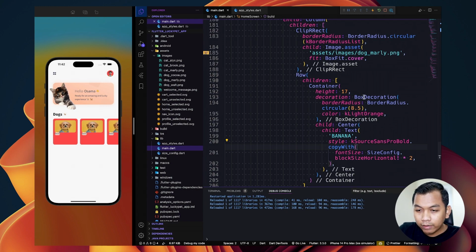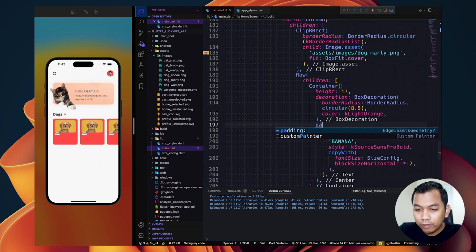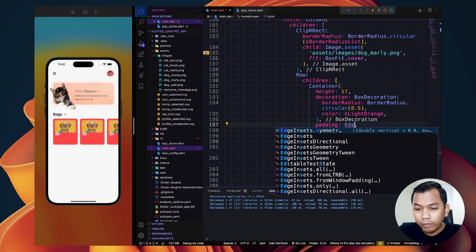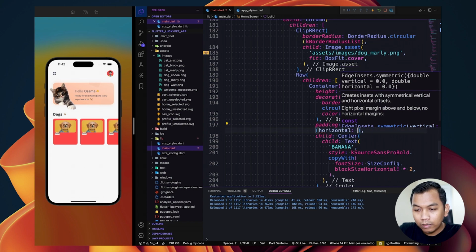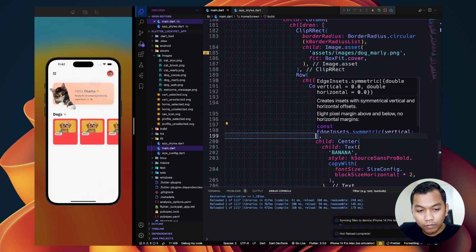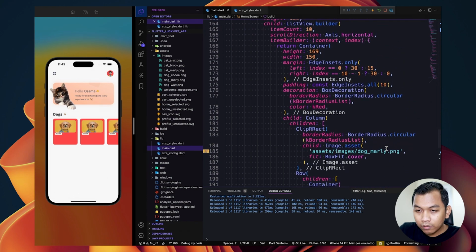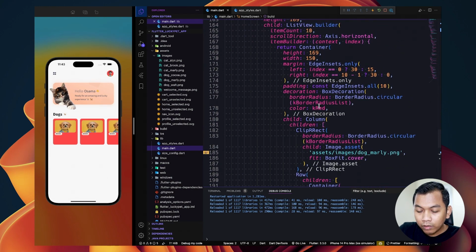And we will add padding here. Padding will be symmetric, horizontal 10. Look like this. And now we can change the color. This will be white color.